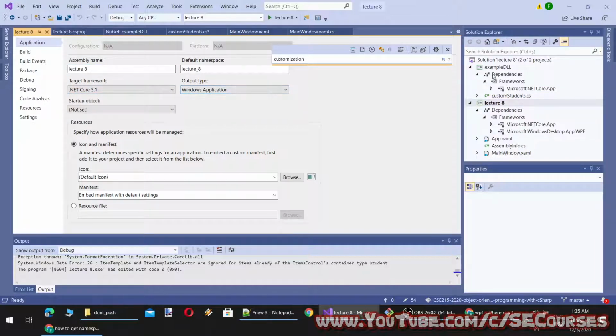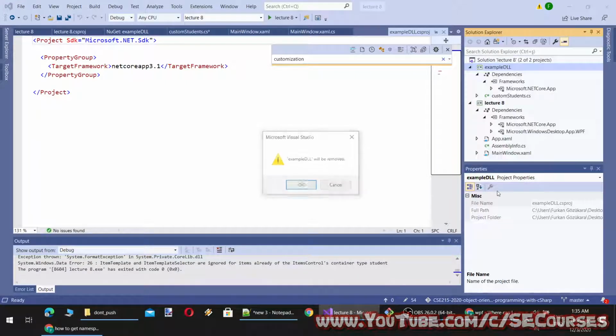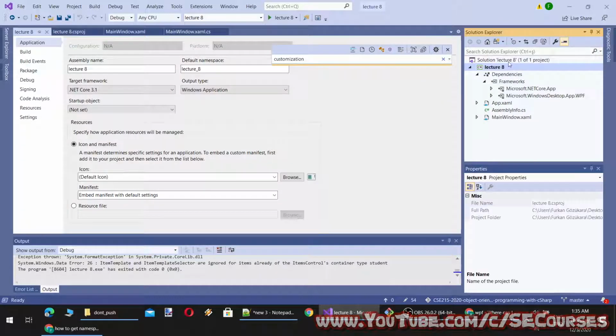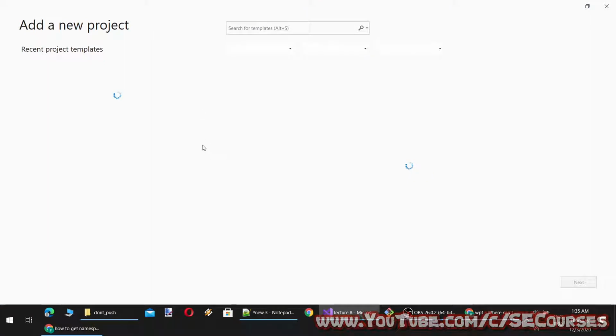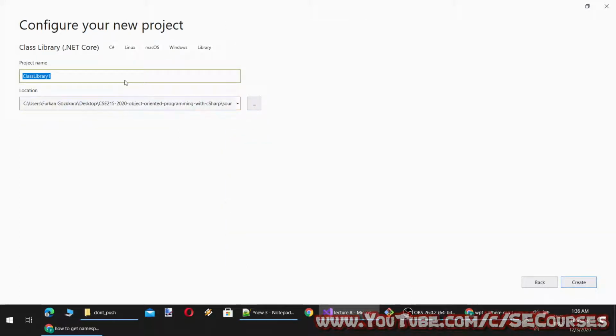Okay, I think I will make another thing and it will be possible to use that as well. So I will delete our example DLL project and I will add another project, and this time let's first set the class library project and then I will add another example.